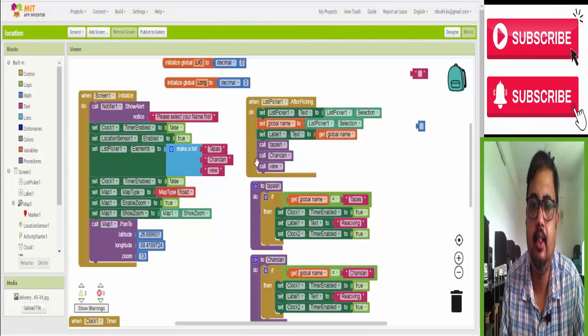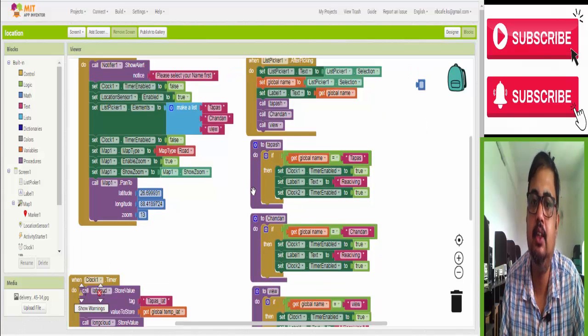Now I create 3 functions: one for Tapas, one for Chandan, and one for View. So call those. Every function will fit a condition. So your program calls all 3 consecutively, but where the value matches, that function will run.